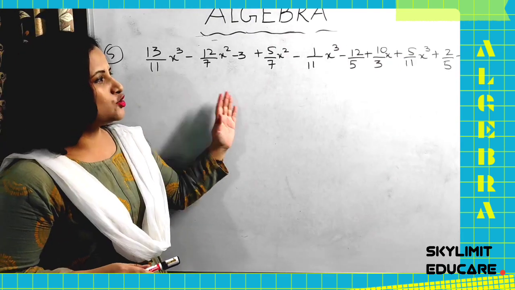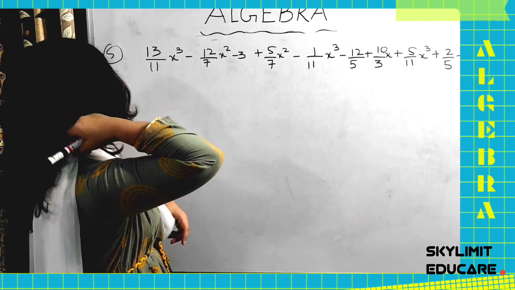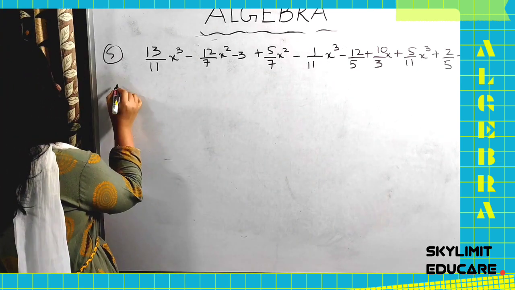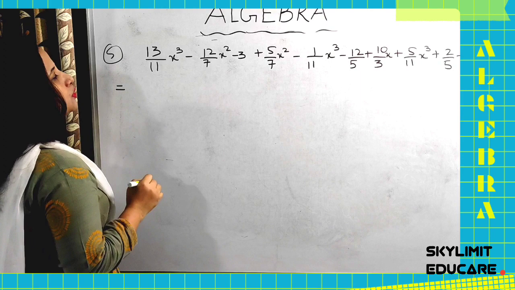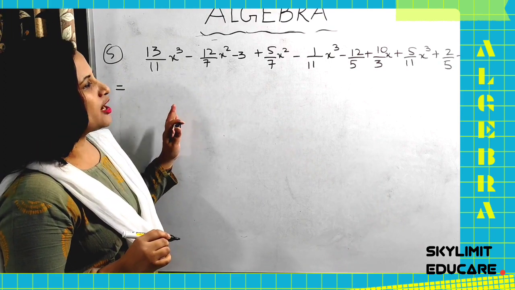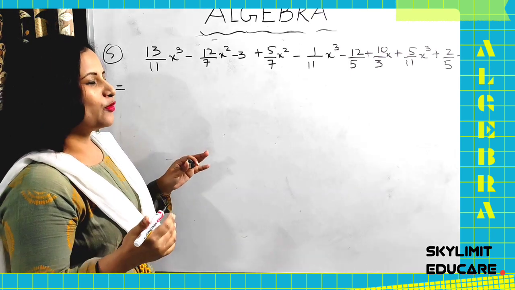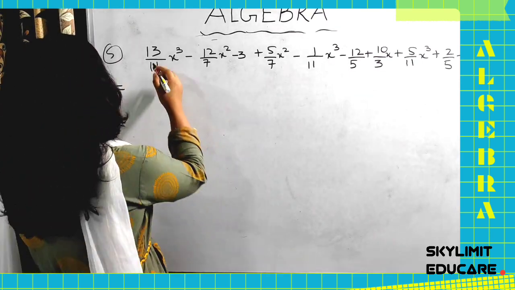So now let us solve this question. This is also based on addition only. So now it's a lengthy question, as you can see here. So very carefully, first you have to arrange the like terms. First of all, you have to note down the question carefully. Okay. So now let us see here.